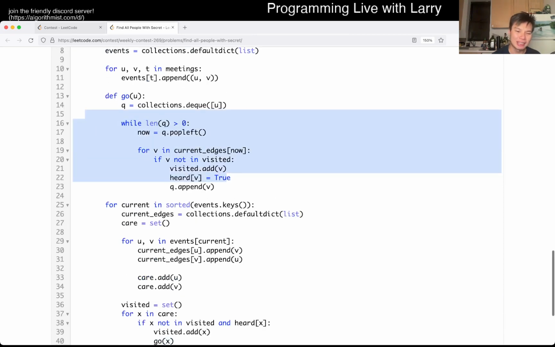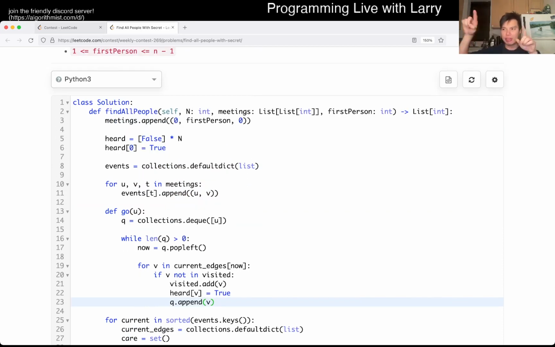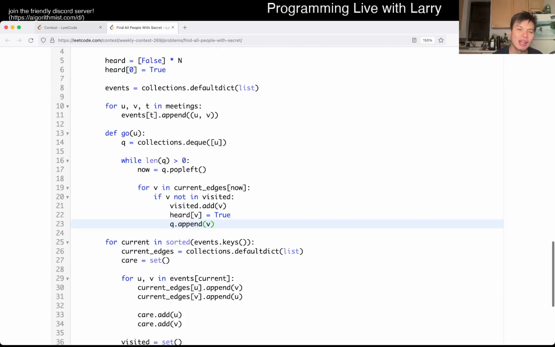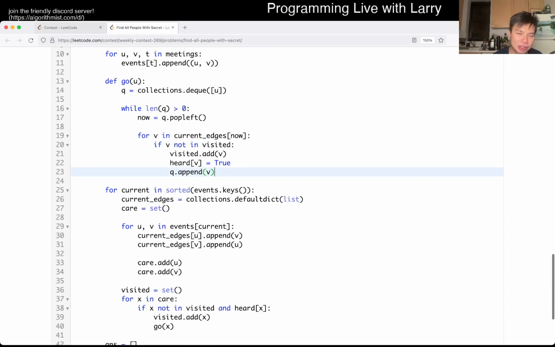So the reason why I wrote it this way here is because I actually had this with a depth first search, but I worried that we're going to get a max recursion limit or stack overflow, or whatever it's called in Python. So then I rewrote this using BFS, which also took a couple of minutes, but it's fine. So this is just standard BFS, which is my BFF, I guess.